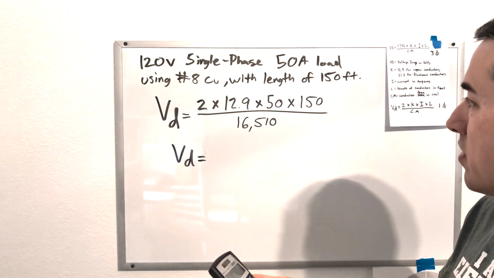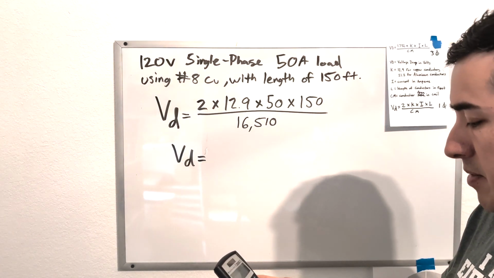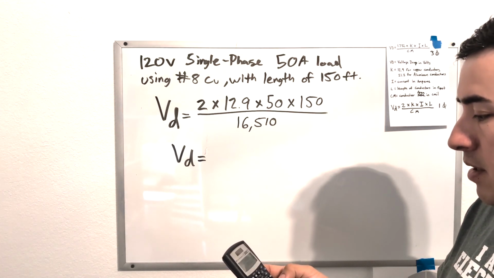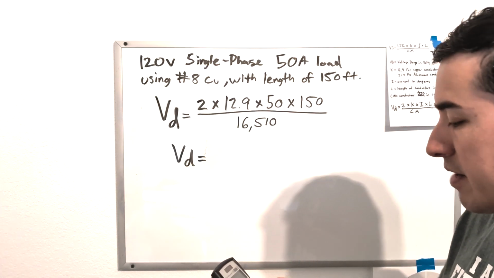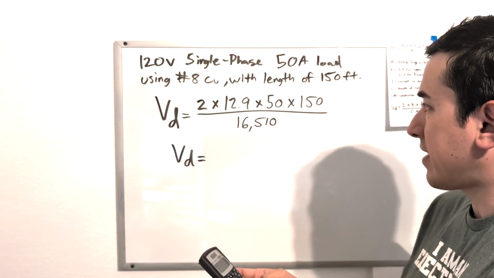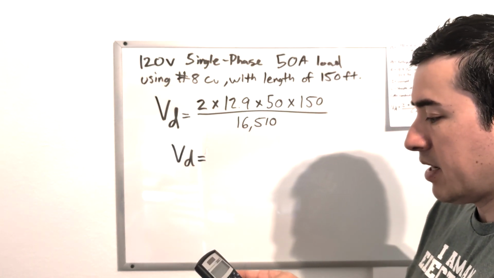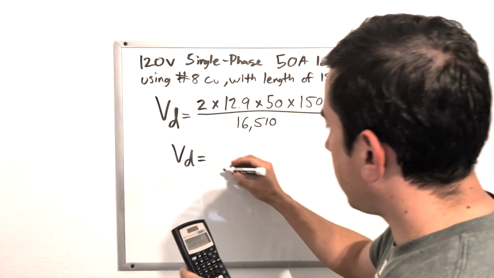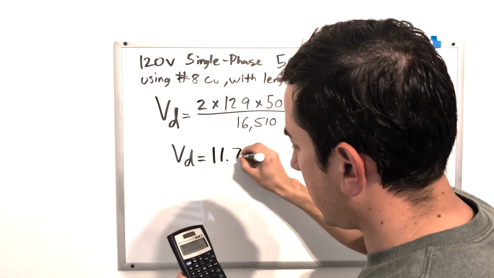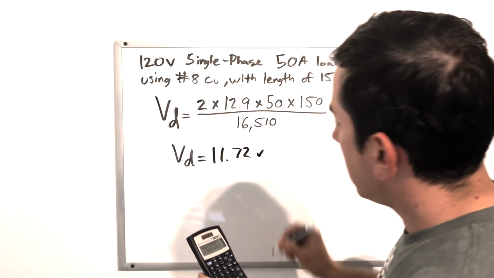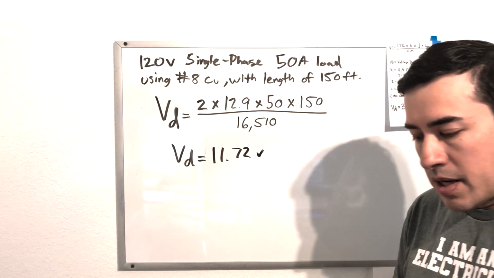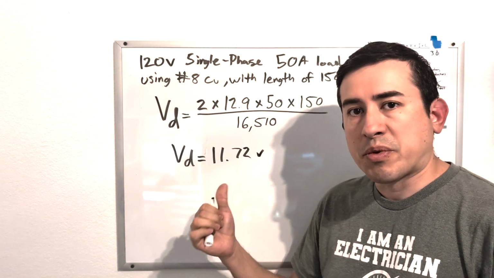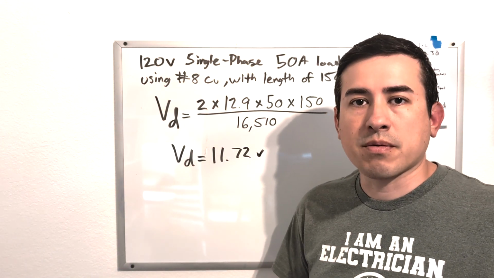2 times 12.9 times 50 times 150 gives us 193,500 divided by 16,510. This gives us an effective voltage drop of 11.72 volts. In order to convert our voltage drop to a percentage to see if it complies with the rules